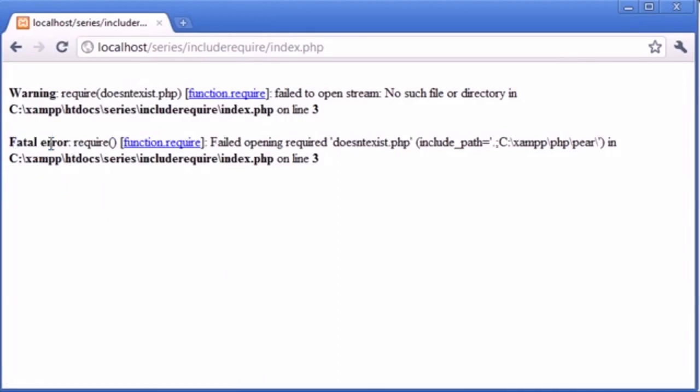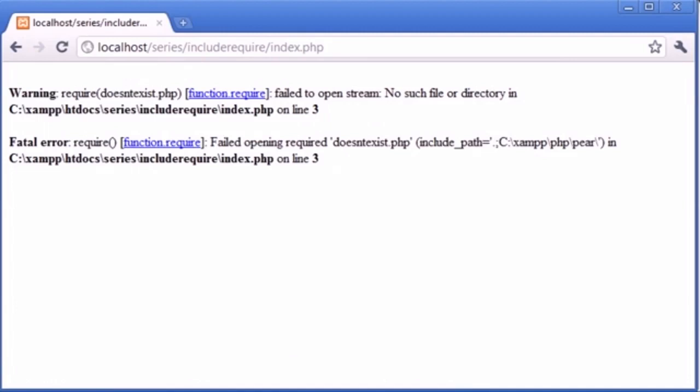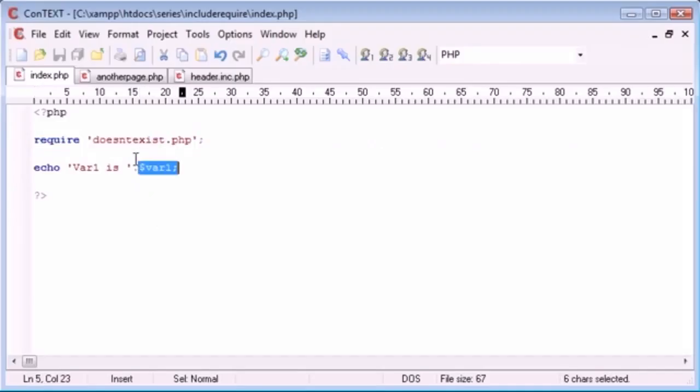And the fundamental difference between require and include is that require just handles the errors differently. So if we can't find the file and we've required it, it kills the rest of the page. We just kill the page off. So nothing else after this line here is executed. Therefore, the reason this is important is because if we needed variables, and we need this variable in this case to display this whole sentence properly, we require